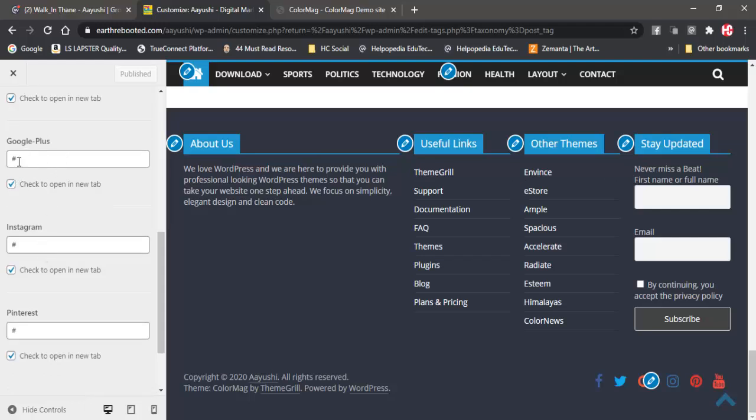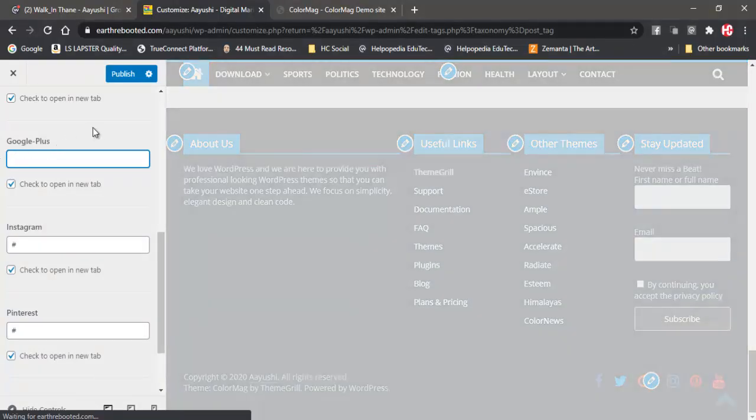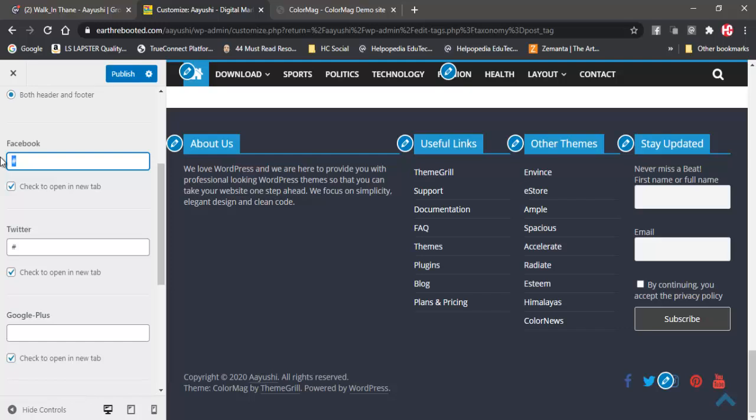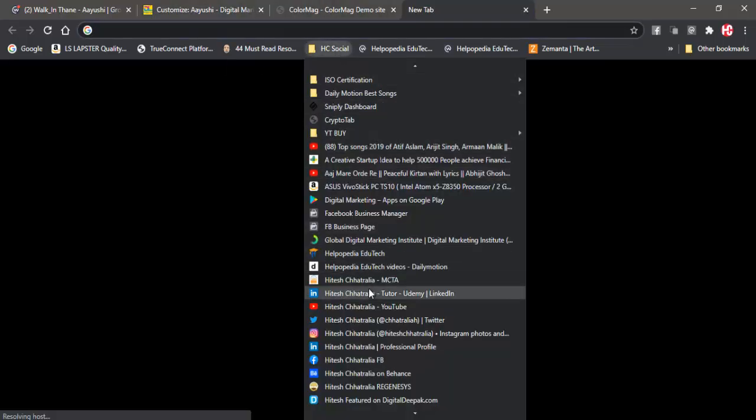Google Plus, we can remove it because Google Plus is only available to corporates and it is a paid version. So now if I uncheck the hash, then that icon will go. And over here I can put the URL, whatever is my URL. So if I just say that this is my Facebook URL, then I copy this and